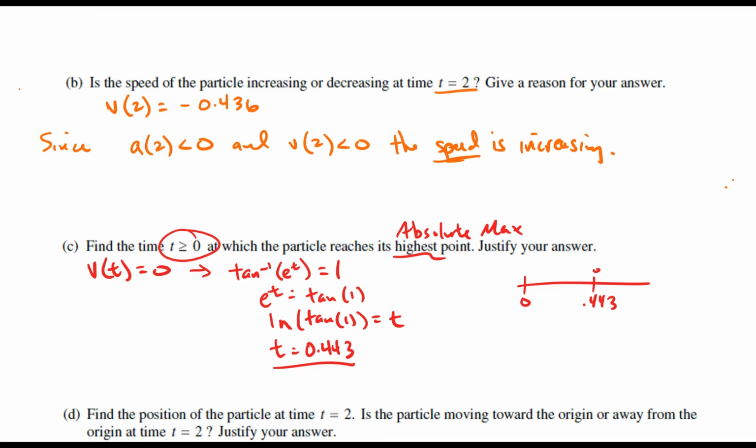Well, I can check my velocity in between those 2 points. I know that this is going to be negative outside because in part B, we already found out that v of 2 was a negative value. So we have to be positive in between. So if we look at this, we're going from positive to negative, so that means that 0.443 has to be a maximum. So maximum at t equals 0.443 seconds